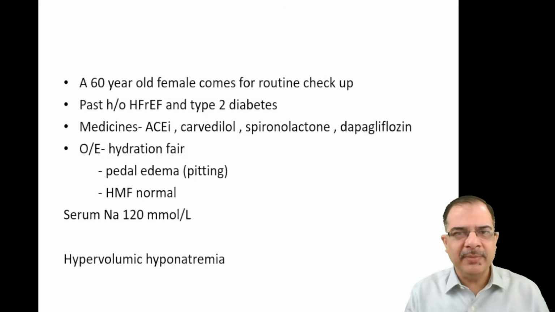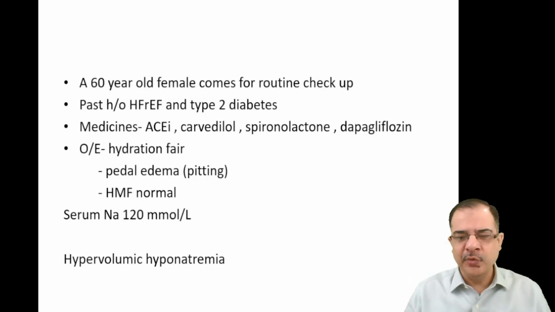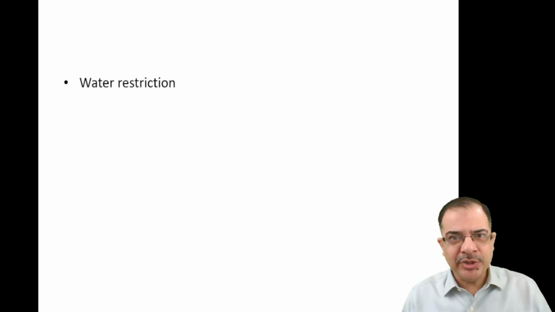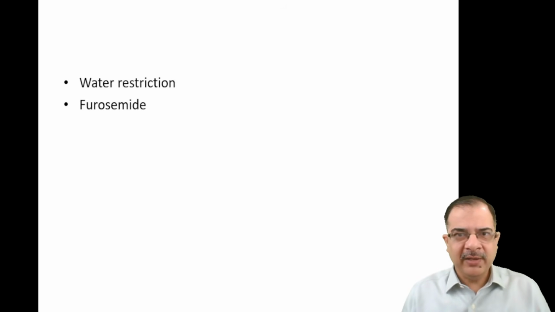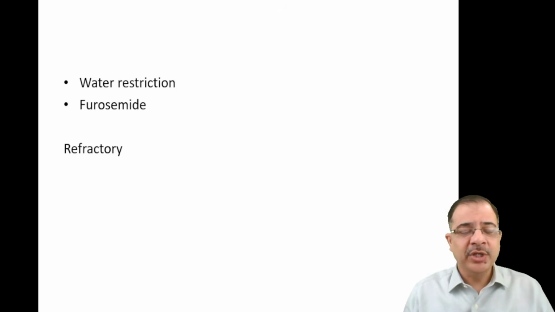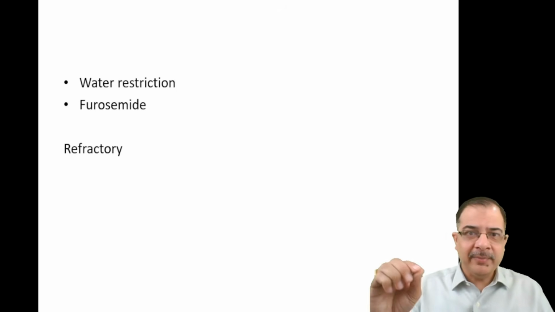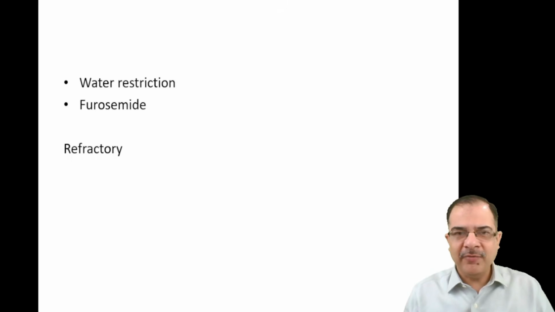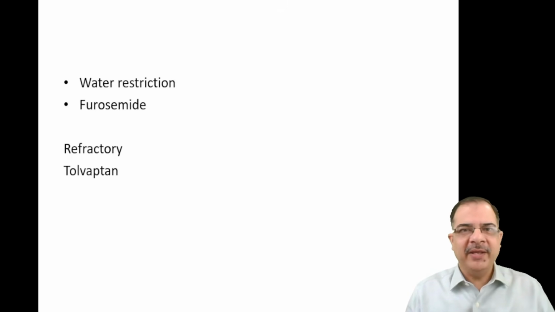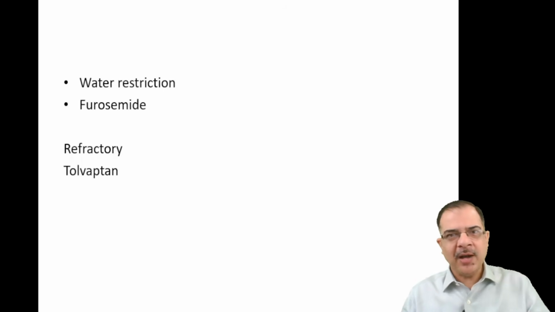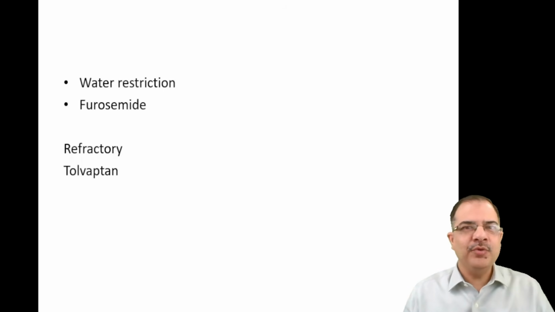A patient like this comes to your OPD. So what should you do? Very obviously, the patient is asymptomatic, hyponatremia is present, so treat the underlying cause. The underlying cause is heart failure with fluid retention. So the treatment here will be water restriction, and furosemide will be given if pitting edema is present. Depending on the response, we can titrate the dose of furosemide. We will wait and watch, and if it is refractory and sodium remains less than 125 even after water restriction and furosemide, then we will give tolvaptan. So this is how to manage these cases of hyponatremia.